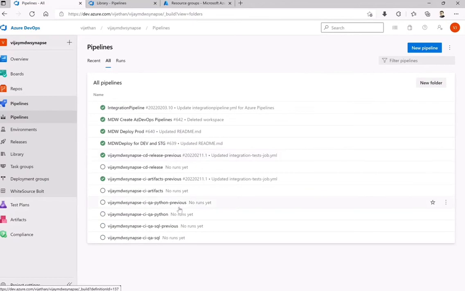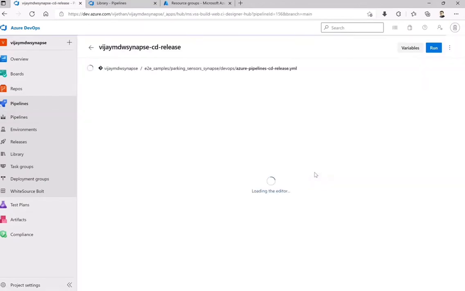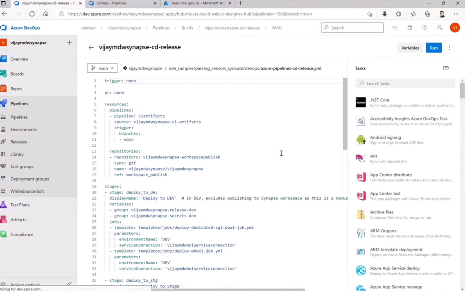So for the release pipeline, now this is more structured in a way because it is consuming the different branch as well, which does not exist at this point of time because we don't have any integration with the source control as of now. So first step, as I've shown you previously, we will do that integration so that we have the ARM template with us, which will be published to this workspace publish branch.